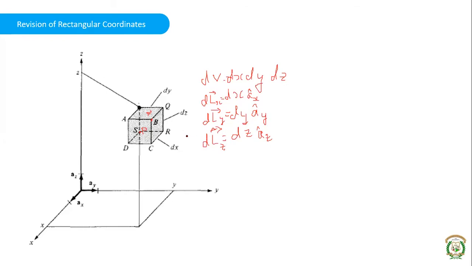Now, along with volume and length, there are surfaces. There are 6 surfaces we have seen, right? One at the front, one at the back, one at the left, one at the right, one at the top, and one at the bottom. So these surfaces, we treat the surfaces in fields as vectors, okay? And they will be directed outwards. Suppose this is a closed volume, the direction outside, okay?